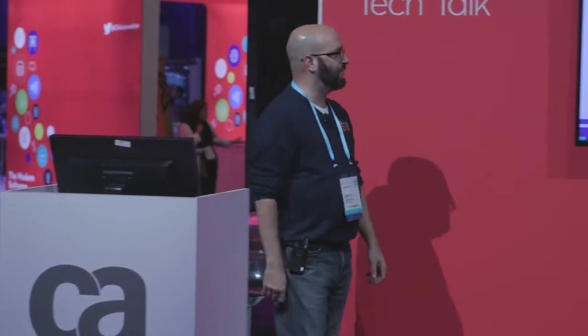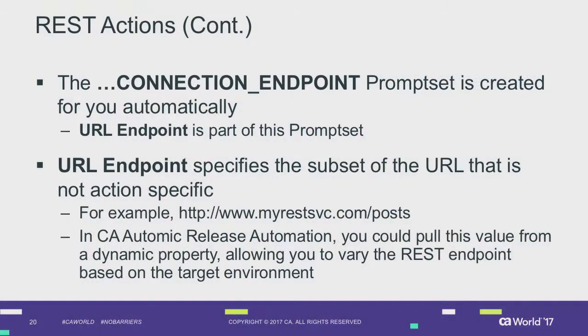First and foremost, we create some prompt sets for you. There's a really long name, and it ends with connection endpoint, which is where you specify not only the server name, but also the base path for the REST API interface. You can parameterize this,